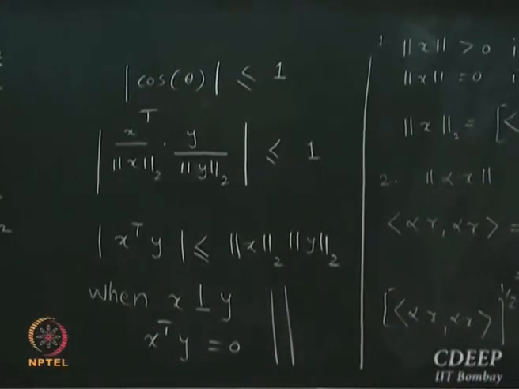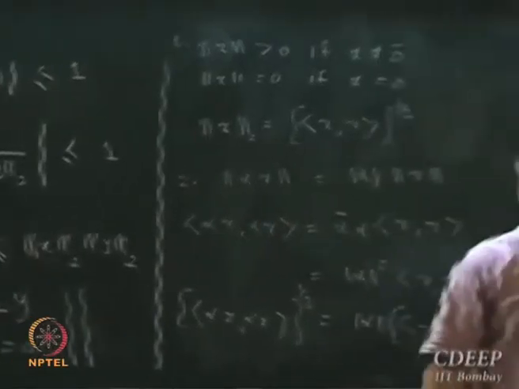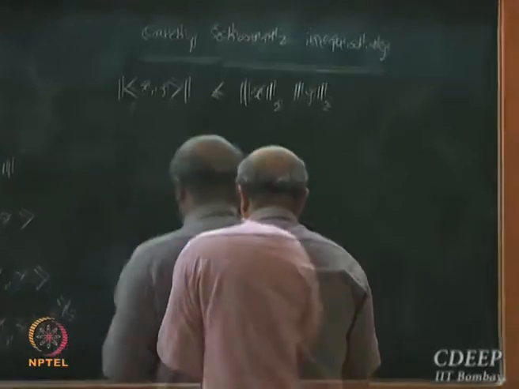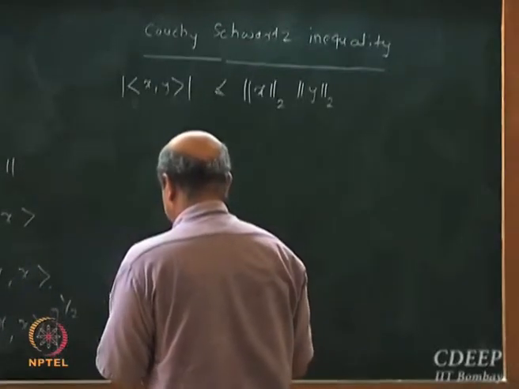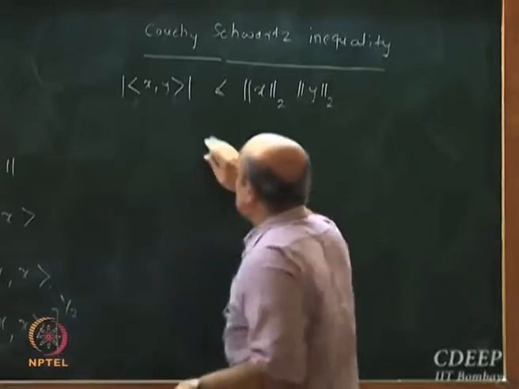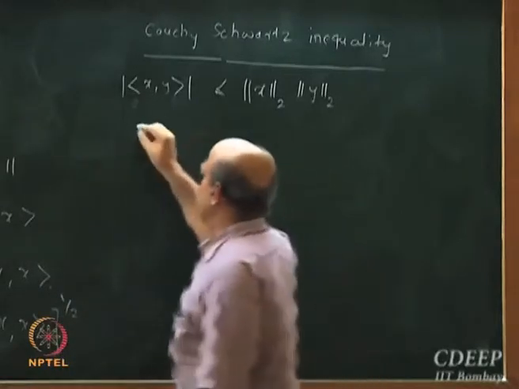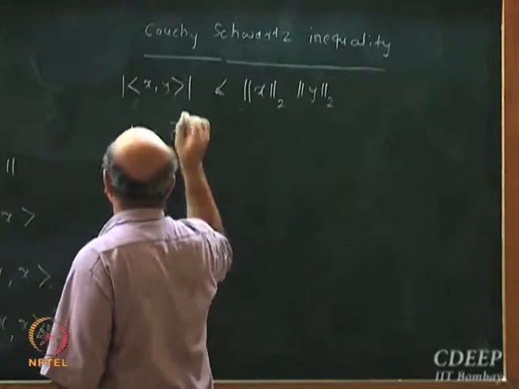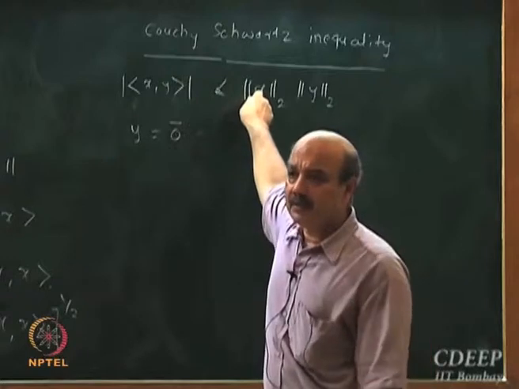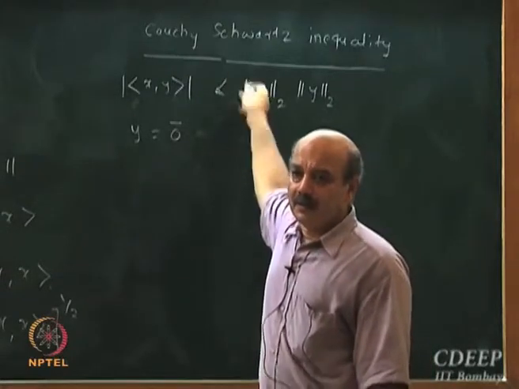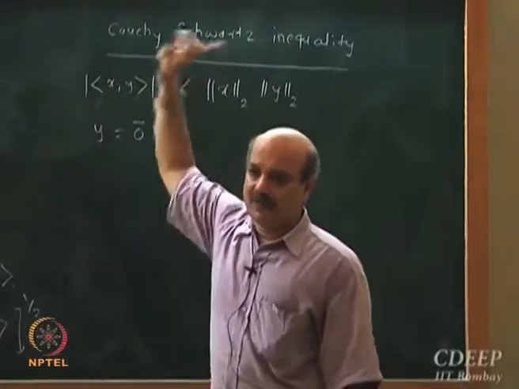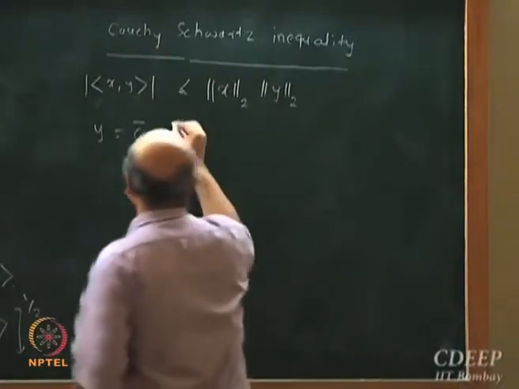Okay, and then with that I will move to triangle inequality, because I have to establish triangle inequality to come up with. Okay, so how do I do that? Now let us first look at a situation where y is equal to 0 vector. If y is equal to 0 vector, does this hold always? Yeah, because inner product with 0 will give you 0. 0 is less than or equal to 0, no problem.